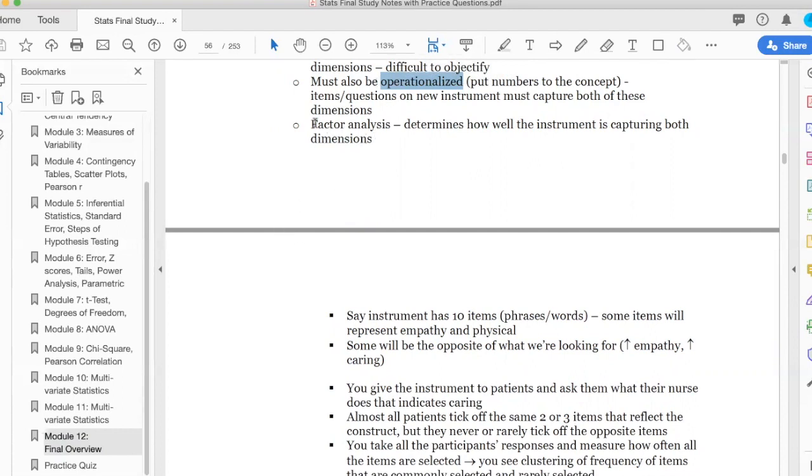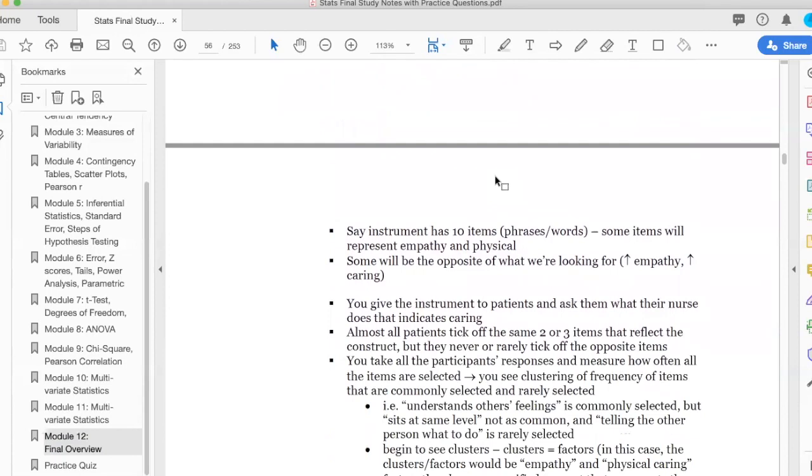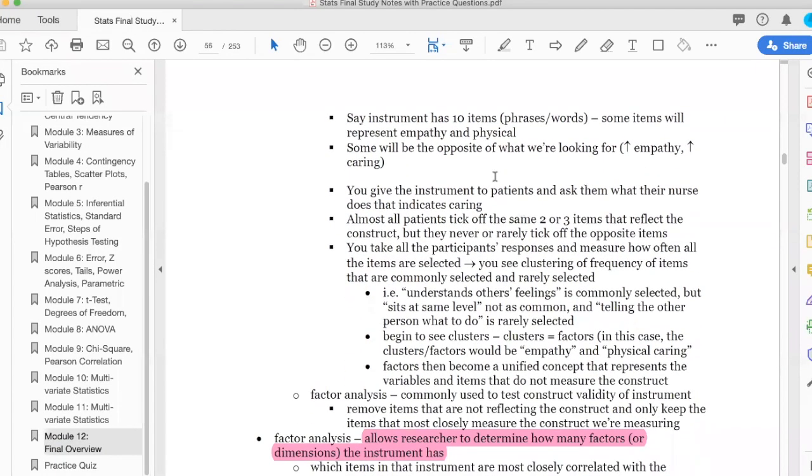So the factor analysis is what's going to determine how well the instrument is capturing all the different dimensions of that thing that you're measuring. So let's say you're using 20 questions on a survey to measure confidence to advocate, right? You're going to give that survey to like 500 nurses. You're going to be able to pick through that and see, oh, okay, almost all